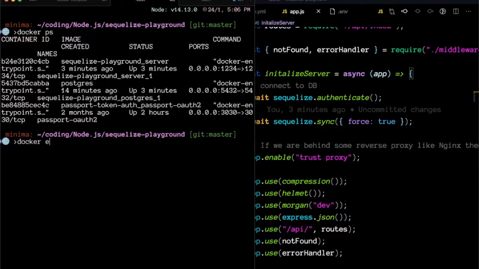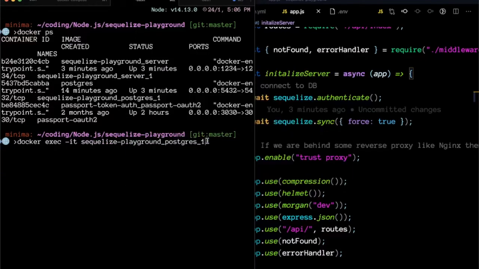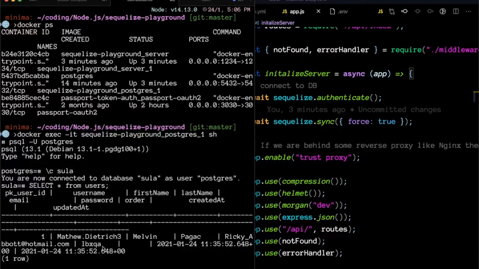So I will say docker exec -it and shell. So I'm inside my Postgres container. Now I will say psql -U postgres, and I need to connect to my database, which is Sula. So let's connect to it, and we are connected. And now we will say select star from users table. So let's see that, and as you can see, yeah, this user has been created, and our API is working perfectly fine.